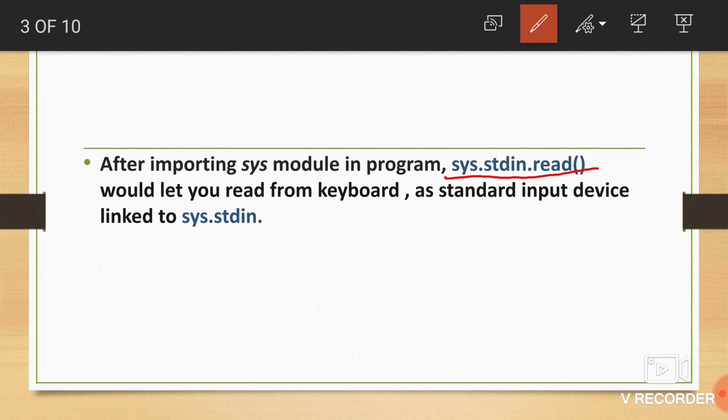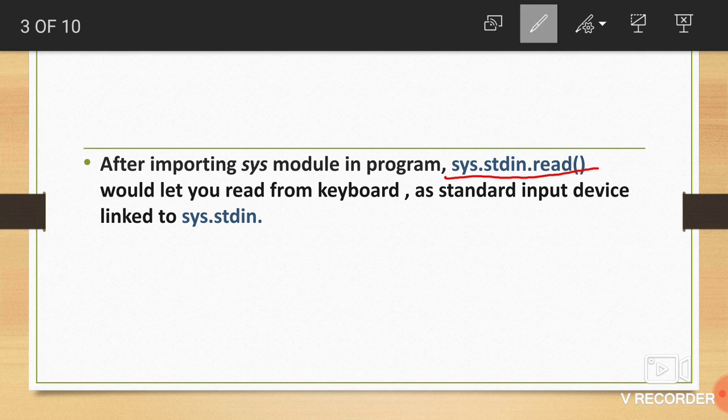That's why, whenever you import the sys module in the program and write sys.stdin.read, it will allow the user to enter data using the keyboard.